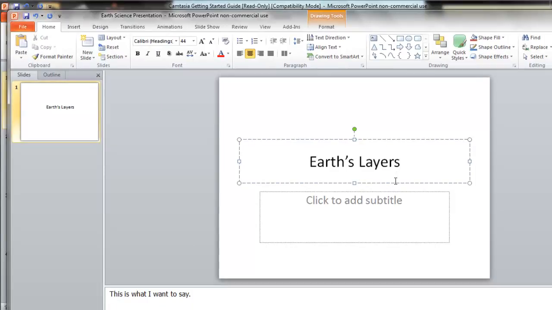Now, the first edit function is to copy. If you want to copy a piece of text and add it onto another slide, or you want to add it on the slide you are currently working on, there are different ways you can copy. You can simply